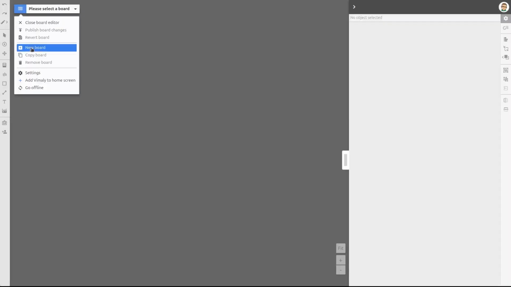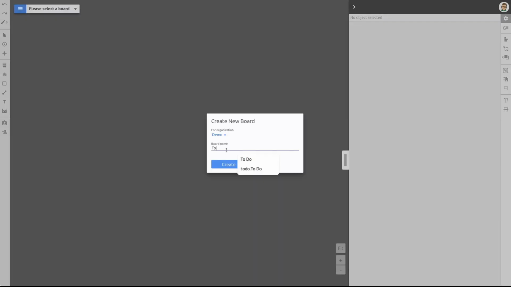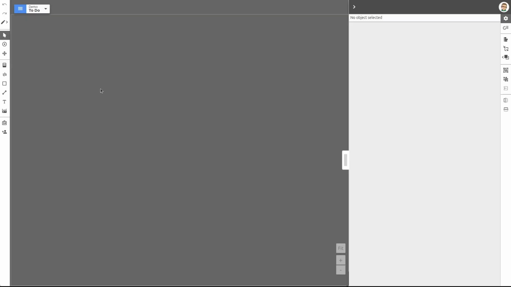Do some board editing. So I'll go here to edit boards and I'll make a new board. I'm going to call this board to do. So I'll create a new board. Now I want to add a bin, so I can click on this add bin button, or I can use